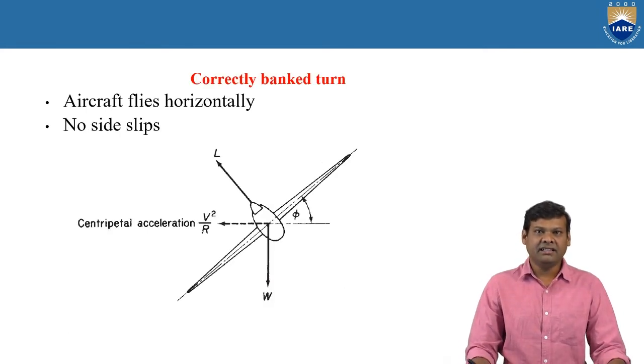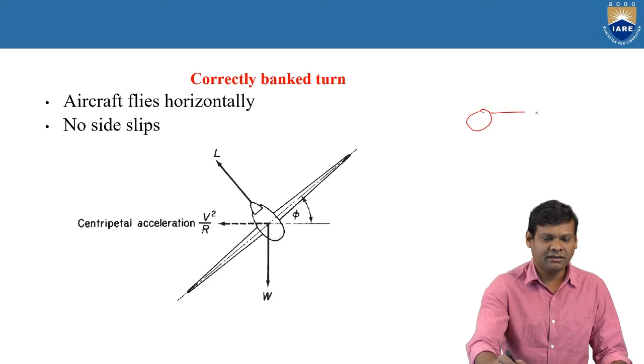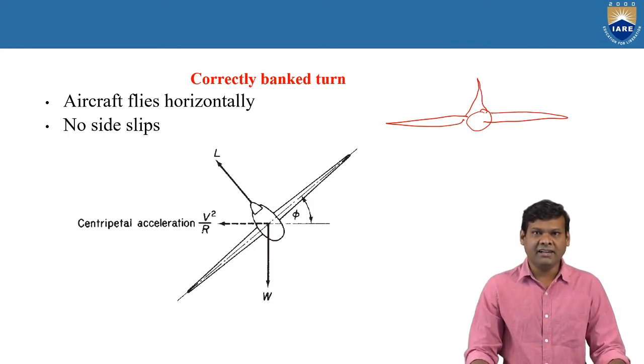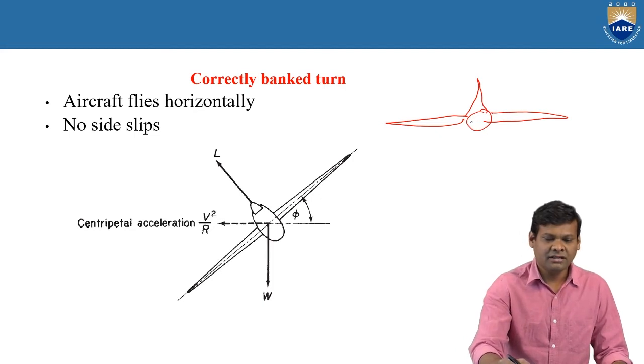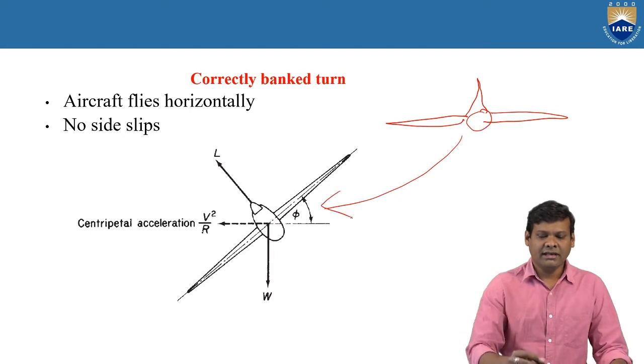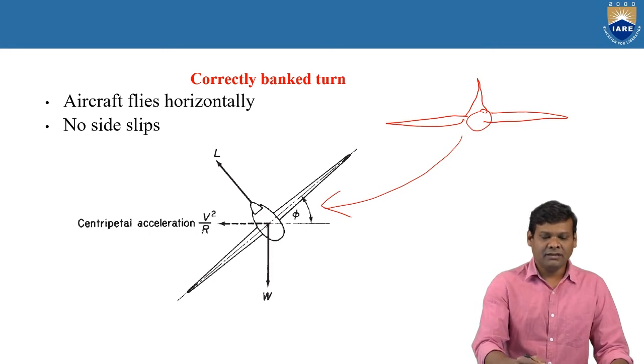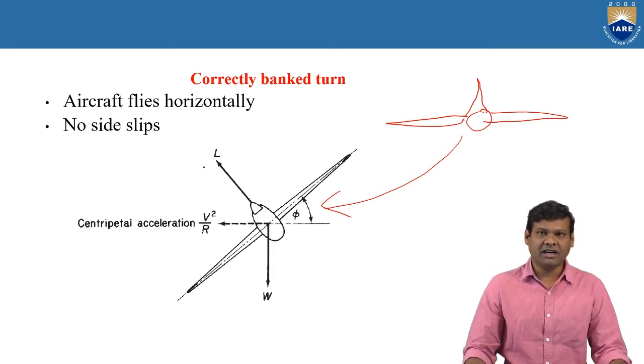And the other thing is the turning flight, or banking flight. Let us look into the diagram of a flight. This is the case in a level flight condition. When we operate one of the ailerons, the flight path will change. Phi is called the bank angle, L is acting along the normal, and W is always acting towards the center of gravity. And you might have seen the acceleration component.